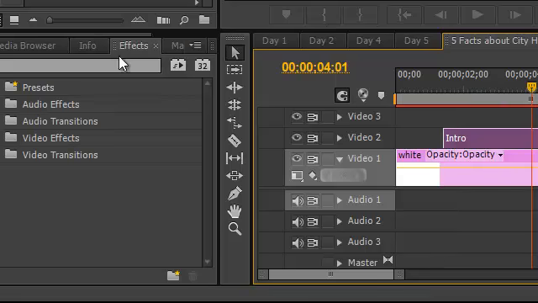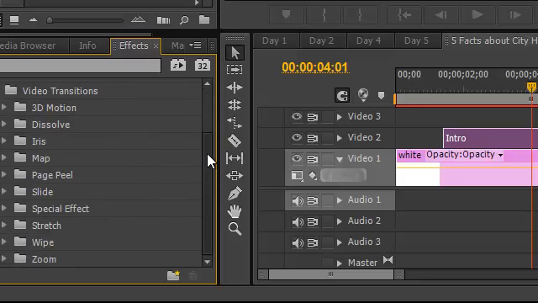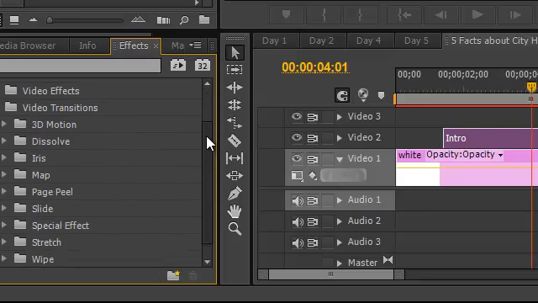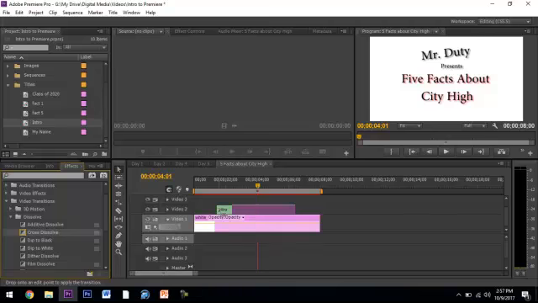That looks pretty good to me, so I'm going to go to my effects bin over here and I'm going to go to video transitions. When I open up video transitions, you can see all different sorts of transitions I could choose from. You can choose whatever one you want. I'm going to open up the dissolve folder and put a cross dissolve at the beginning. So just drag it over and put it at the beginning of my title